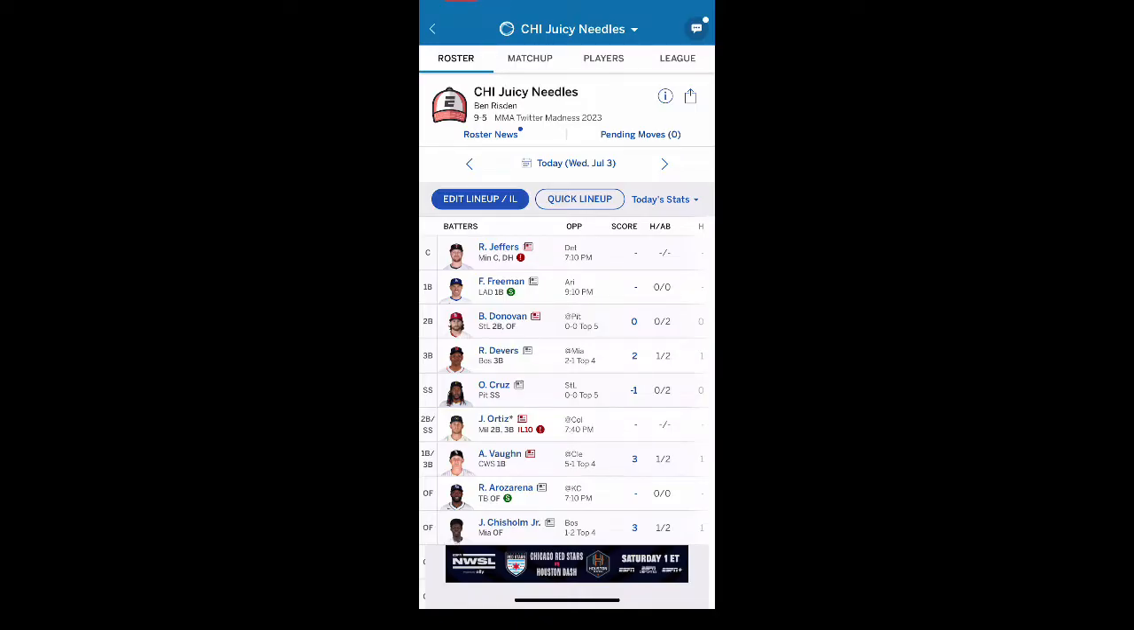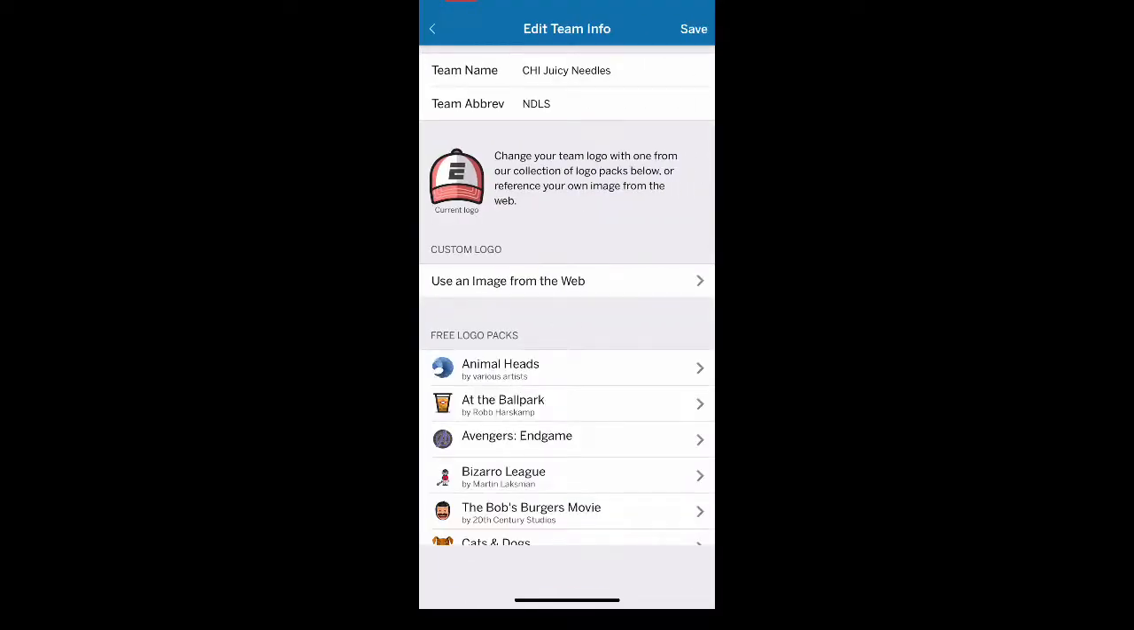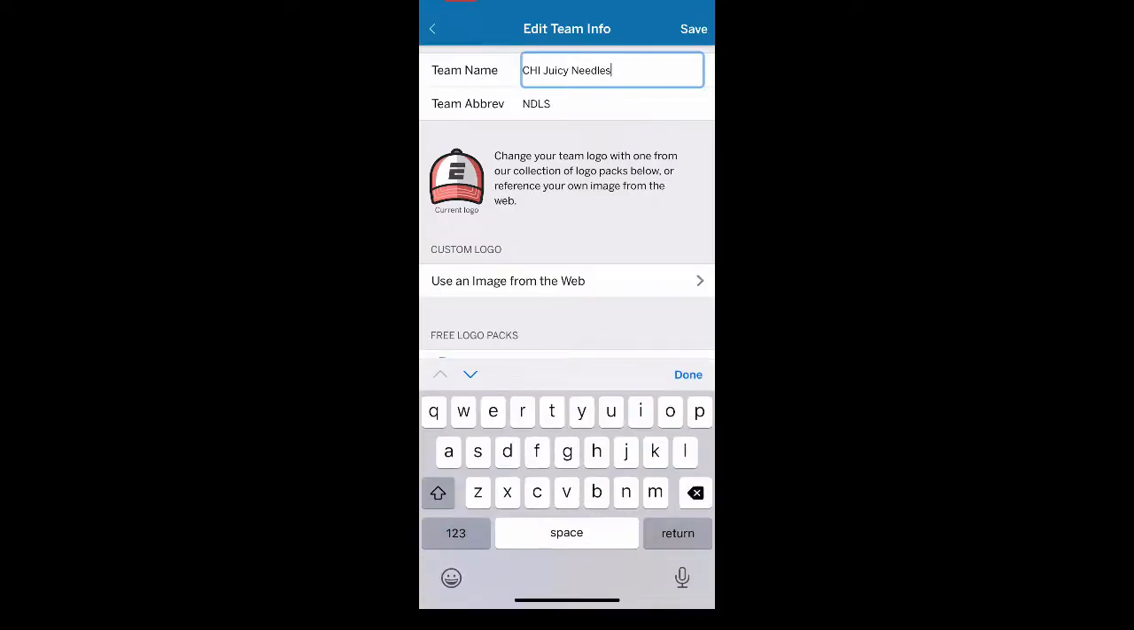What you're going to do though is you are going to click on your current logo, the hat logo that I have currently for my team. It is going to take you to this menu here, and you will click edit in the top right corner. It'll take you to this menu. Then you can customize your team name as well as your team abbreviation,